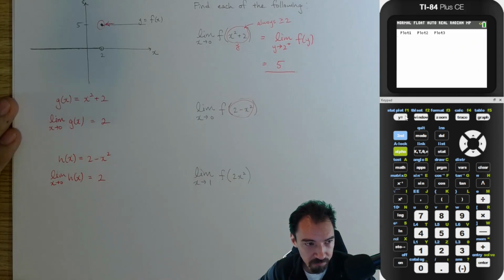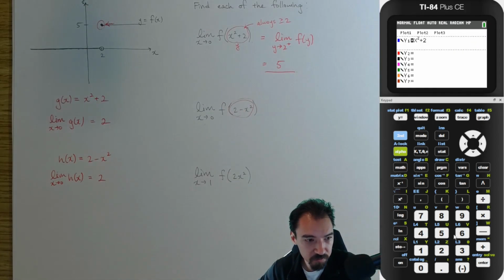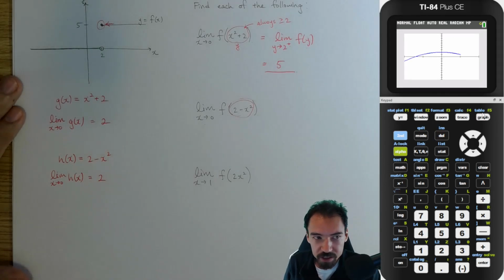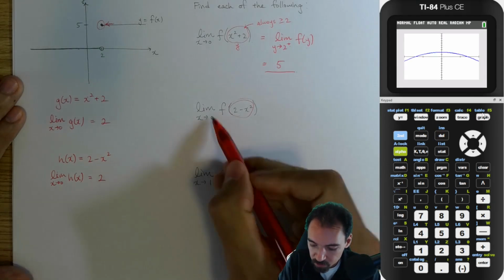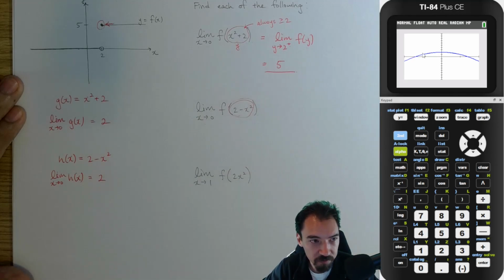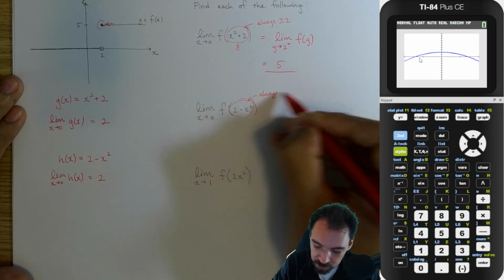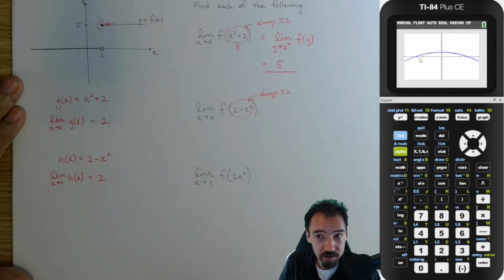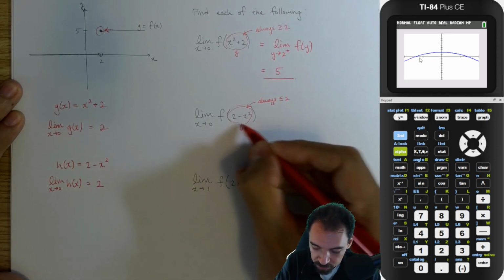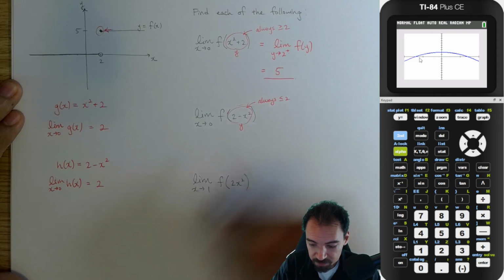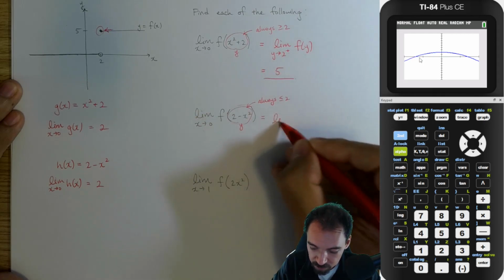However, if I turn around and I graph this as 2 minus x squared instead of x squared plus 2, and then I can delete all of this. We already know what the graph looks like. It's an upside down parabola. So as x approaches 0 in this graph, from both sides, notice the output values are always less than or equal to 2. And if I call this the y, and I'm setting up my limit like before, then